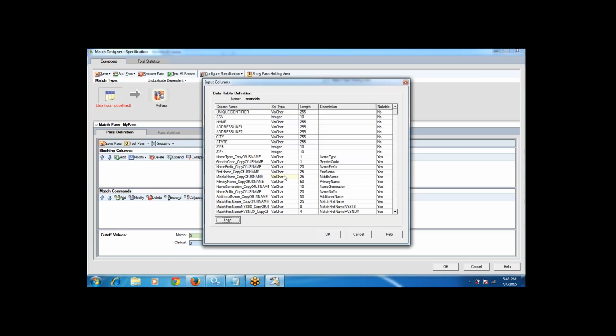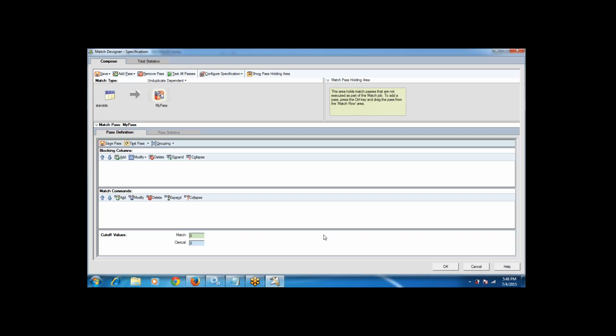Whatever output I created there from the standardization job, the same data set metadata I'm using here, because it's a continuous flow. Once the standardization is done, whatever output you create from the standardization stage will act as an input for the match stage, and whatever output you create from the match stage will act as an input for your survive stage. So we are done with the standardization stage. Whatever output I created, the same file output I'm using here as metadata. So the same columns you can see here. So when I click on OK,